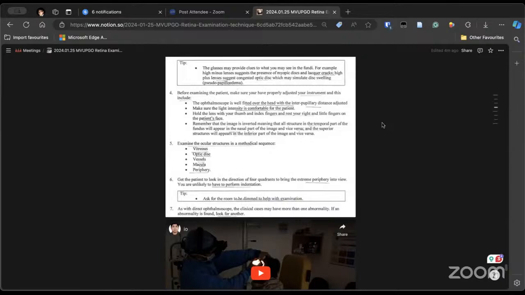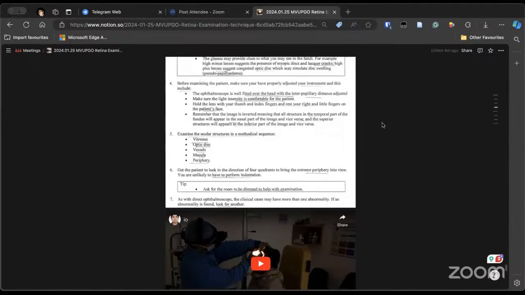So the optic disc we have already discussed. You have to look at the size, shape, margin, color of the neuroretinal rim, the optic disc, and any other abnormality of the neuroretinal rim, and then you look at the vessels. For vessels, you look at the vascular abnormality, and if there is vasculitis, you look at which vessel is involved, vein or artery. And for the macula and periphery, there might be multiple findings.